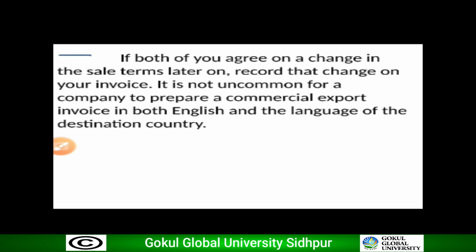If you want to change the sales term, you have to record the changes, provided importer and exporter are ready for the changes. It is not necessary to match the language of the country. Suppose India uses English, Spain can use Spanish, Poland can use Polish. So next,